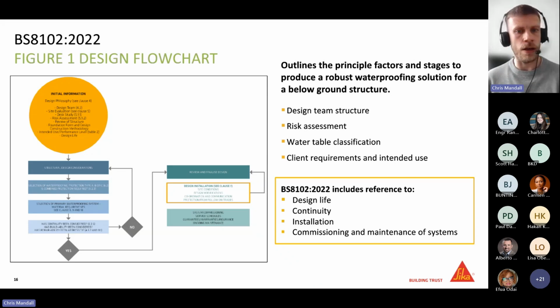The risk assessment, so identifying the risk that's associated with the site: water table, are there any ground gases, the topography of the site, which gives us an indication of whether there's going to be any water pressure bearing on that structure. Water table classification, and then the client requirements and intended use. So whether the client requires a completely dry basement, and whether the intended use means that it needs to be completely dry, or if some damp and seepage is going to be necessary and obviously